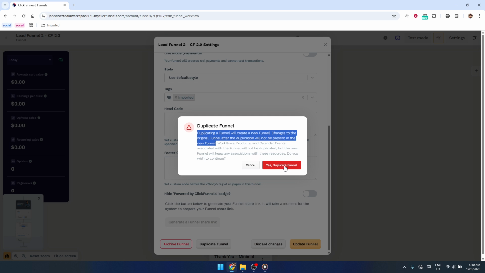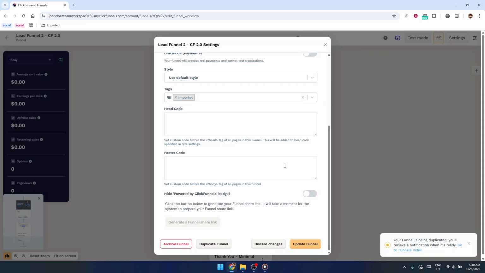The system will then create a cloned version of your funnel. Once it's done, you can go back to your funnels list, open the new copy, and customize it as needed without affecting the